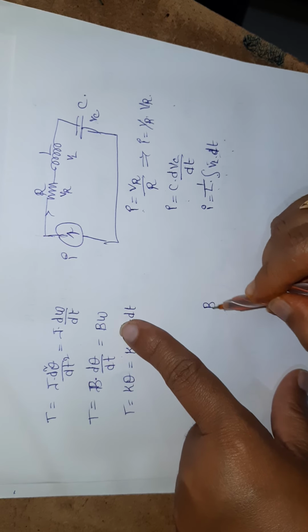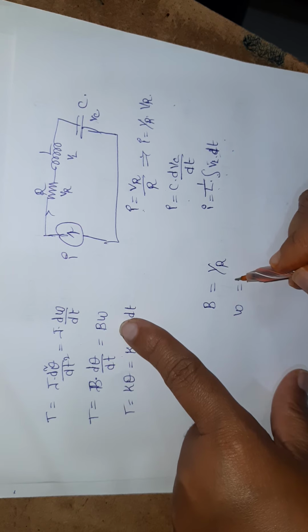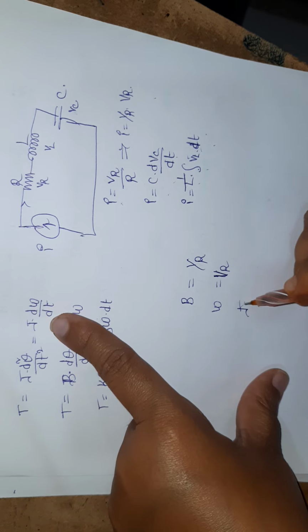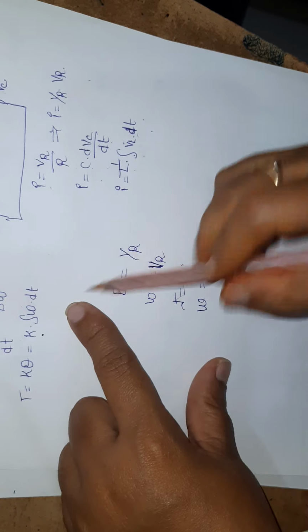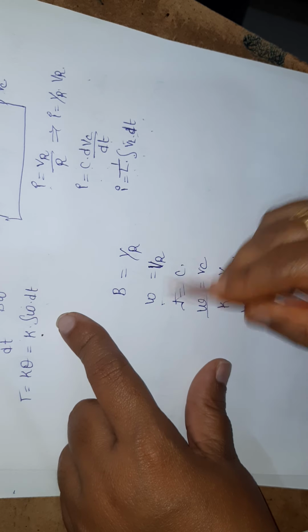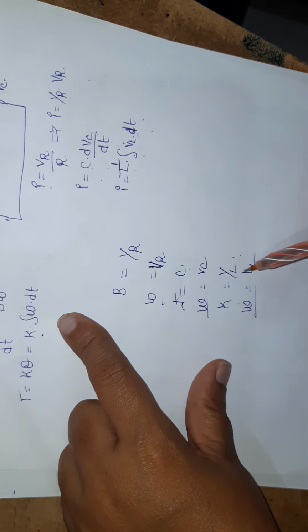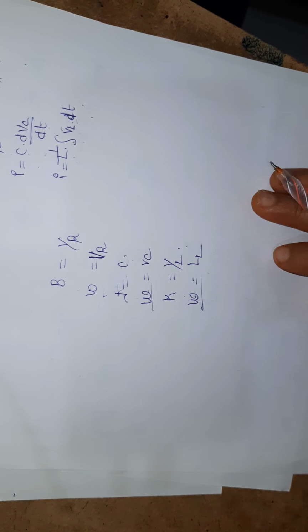So instead of B I can write 1 by R. Instead of omega, VR. Next, differentiation term J. J is nothing but here C. Omega is nothing but Vc. Next, integration. K is nothing but 1 by L. Omega is nothing but VL. So here omega is nothing but voltages, output. B means 1 by R, J means C, K means 1 by L. So these are the comparison table you have to keep in mind to draw force to voltage and force to